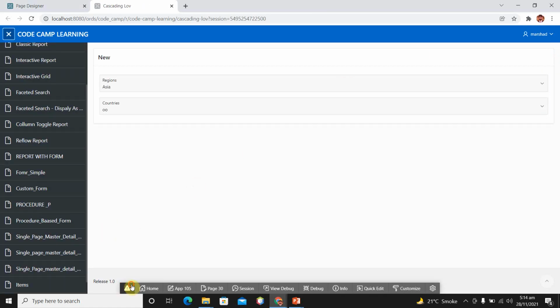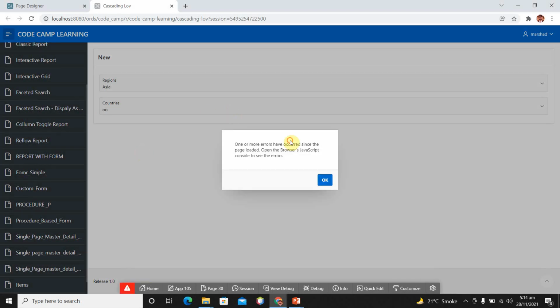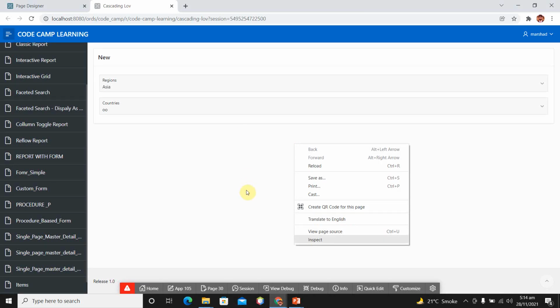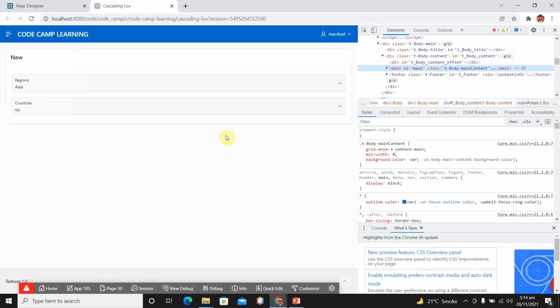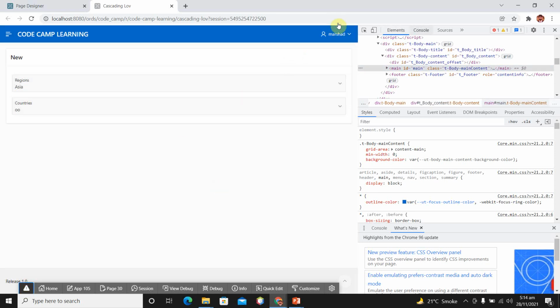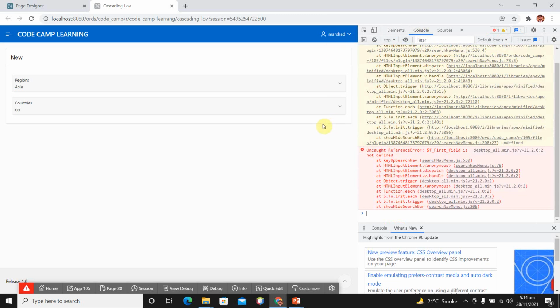Here we are getting some PL/SQL related error. So inspect and see what the error is. Console, uncaught error, first field is not defined.